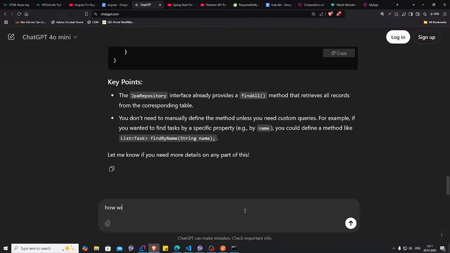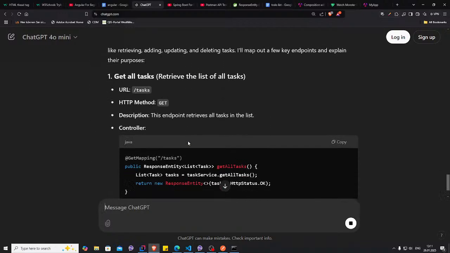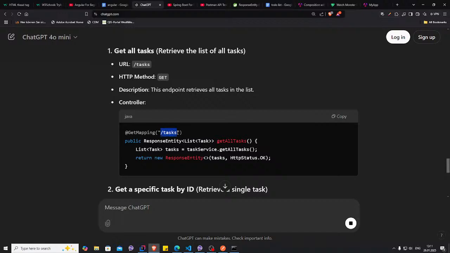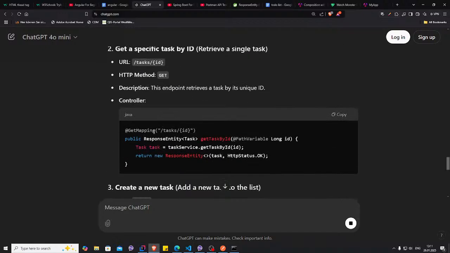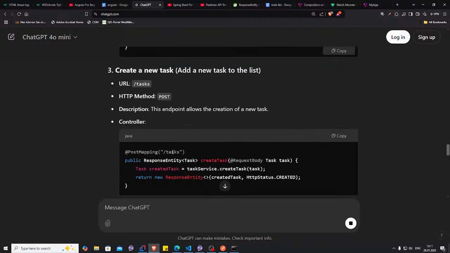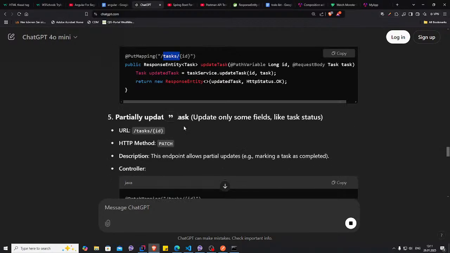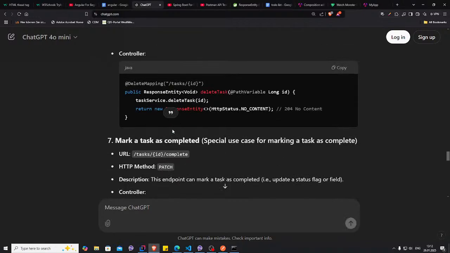How will you map the URLs for the backend, for example, for a to-do list app? Because I think that's where the issue is, especially when it's RESTful. Get mapping, we say it's for all tasks, yes. Get mapping for one ID, we say tasks by ID. And for post mapping for creating, we say it's specifically for tasks. Put mapping, tasks by ID. But the general one,